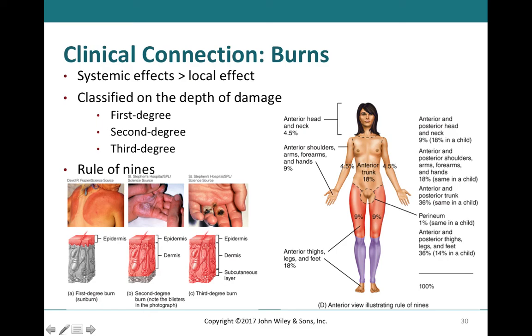So generally speaking, the systemic effects of burns are much worse than the local effects, because with those systemic effects, we get to where we're damaging blood vessels, damaging nerves, and then as you see the subcutaneous layer, if it gets burned through, we're actually then allowing organs and tissue spaces to be open to the outside. So you'll lose a lot of fluid, you won't be able to regulate that, and so oftentimes those systemic effects are a lot worse. The rule of 9s is used to